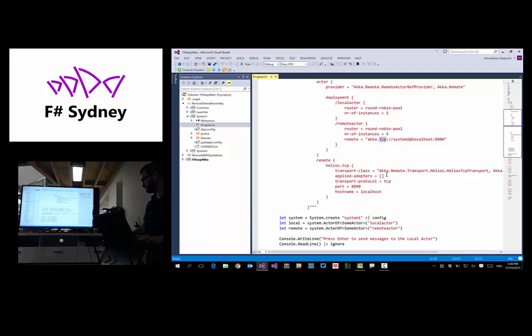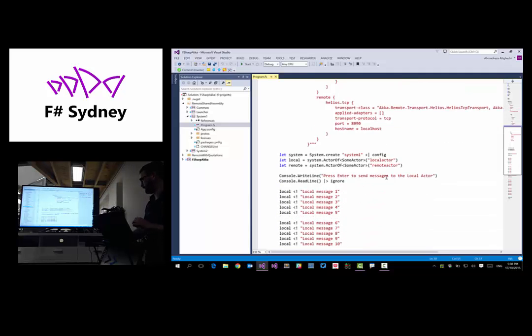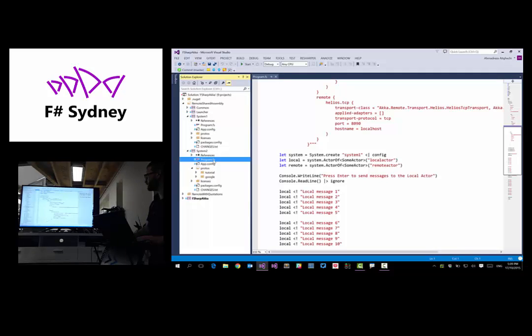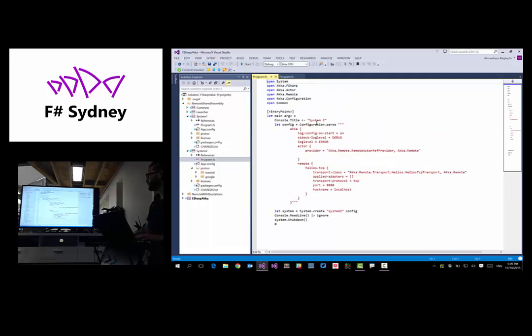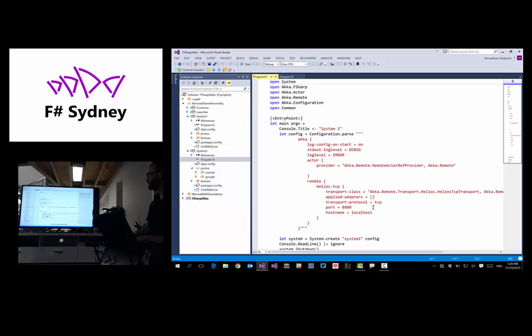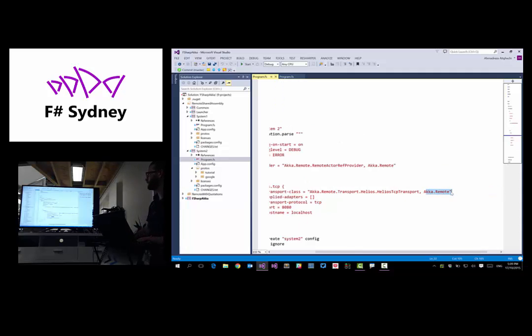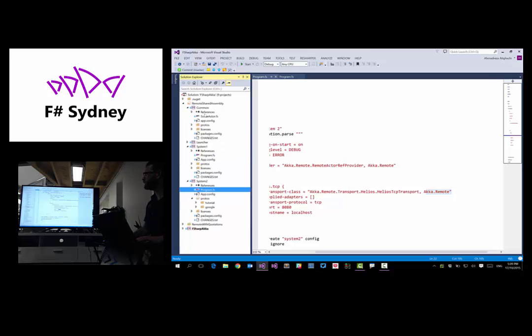So if we run this one here, before we do that, the other system here simply has configuration to say it's listening on this port, and its name is this, that's transport, and I'm using Akka Remote actor there as well to be able to deal with remote actors. And this system doesn't define any actors in there, but both System 1 and System 2 have a reference to the common shared assembly. So we go and launch this